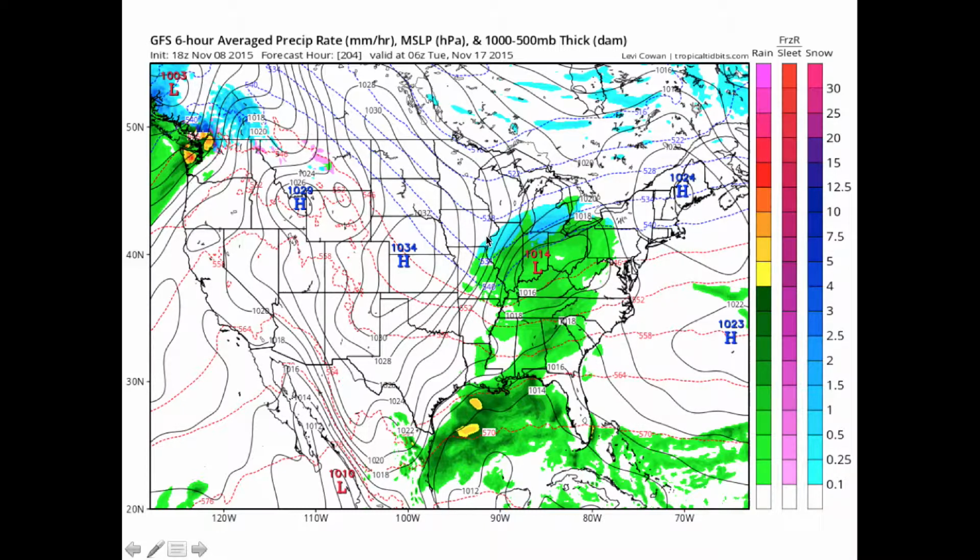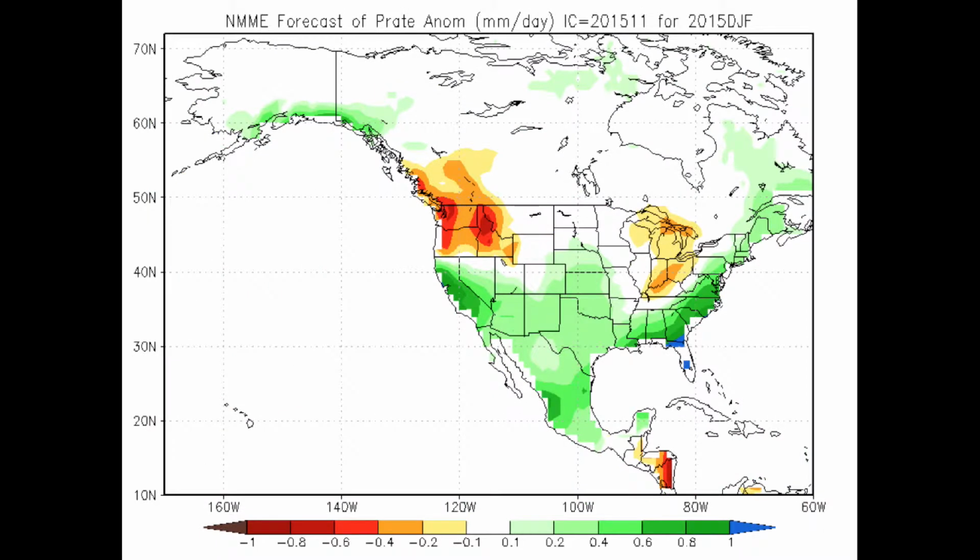Looking much longer term, this map represents the forecast for precipitation anomalies for December through February. This forecast is heavily influenced by El Niño and shows the southern half of the U.S. being wet, especially in California and the southeast, while the northern states in the Midwest and Pacific Northwest are forecast to be drier than average. Just like with any long-range forecast, there is uncertainty. However,